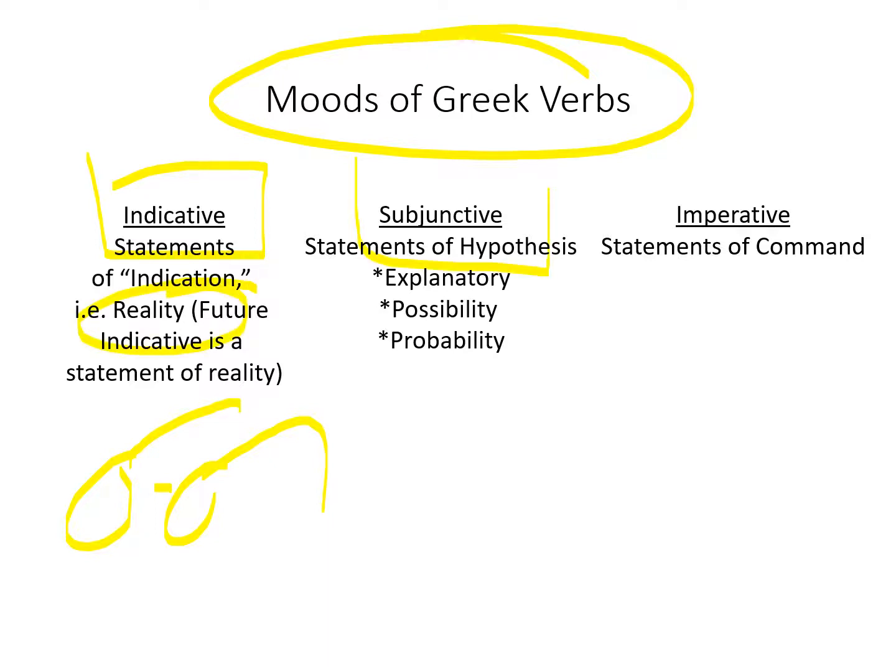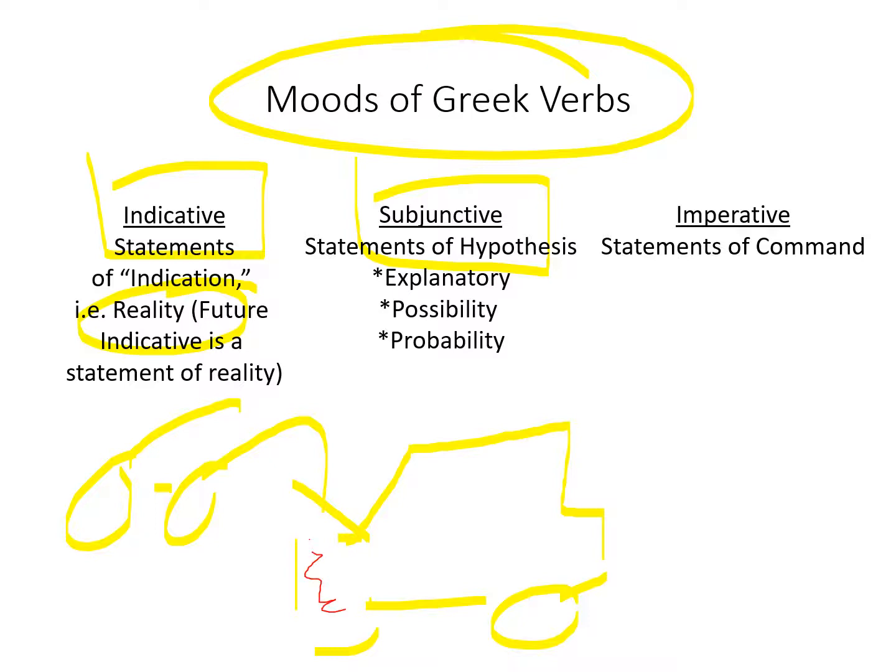The subjunctive, on the other hand, is a looking under the hood of a vehicle. I will do my best with some artwork here, but you've got your vehicle, and underneath the hood, if it's pulled up, there are various instruments here, and imagine someone who is explaining what's going on underneath the hood. That's the subjunctive. It's hypothesis. It's theory in a positive sense, not, well, hypothetically speaking, as if something were completely improbable.